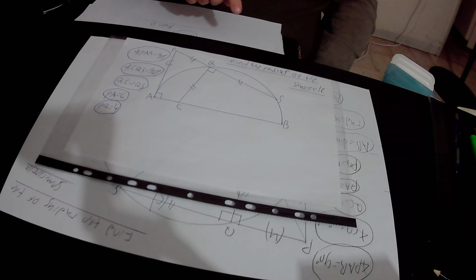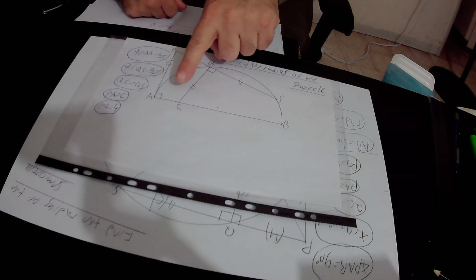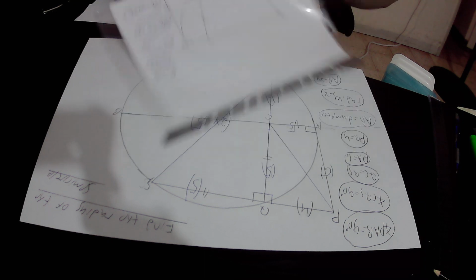In addition, we know that QS equals QC, angle PAB is equal to 90 degrees in size, and angle SQC also equals 90 degrees in size. Again, our mission is to find out the radius of this semicircle. Okay, so